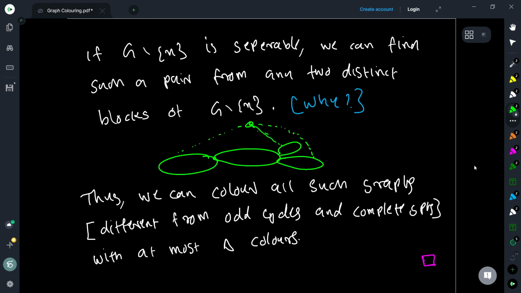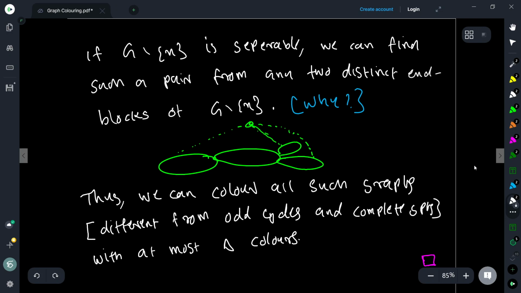And once you have all this, suppose it is not the case. So G minus some vertex, let's say X, you cannot find such a vertex, therefore G minus X is separable, which means that it has a cut vertex. So after removing one vertex, you end up with a graph which has a cut vertex. Then you can find such a pair from any two distinct, okay, I think I have missed something here, distinct end blocks